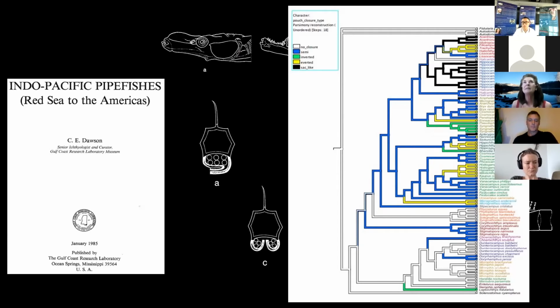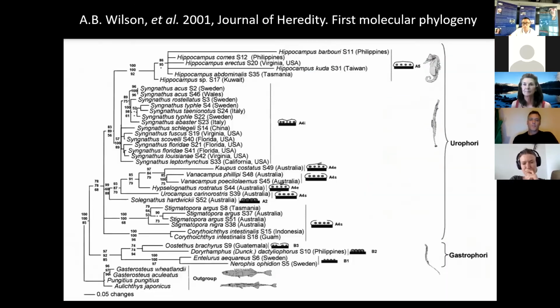And this has been the sort of challenge of syngnathid taxonomy, syngnathid phylogeny, and why it was so late in the science of studying syngnathid evolution that we actually came up with a more robust understanding of how these animals evolved, how they're related to one another, and what those branching patterns of the tree of life really look like. And it was not until molecules, and being able to compare sequences of DNA among different syngnathid fish, that we started understanding